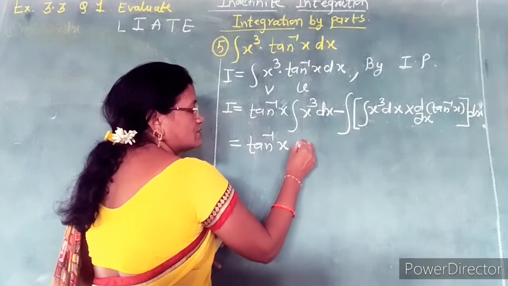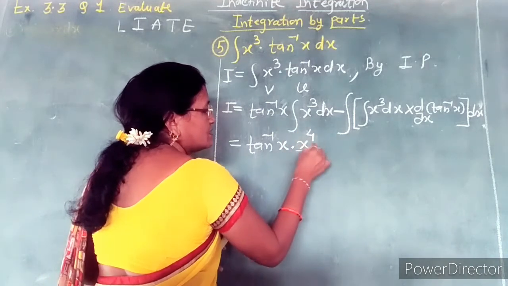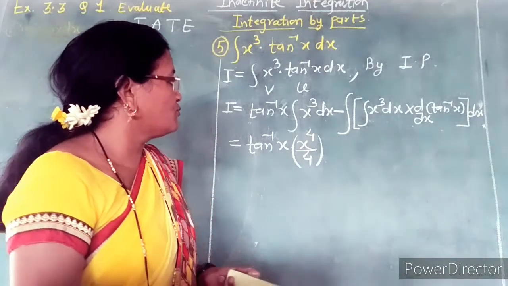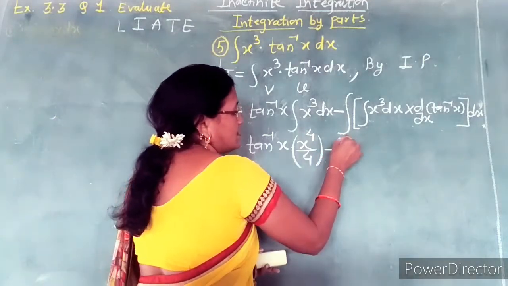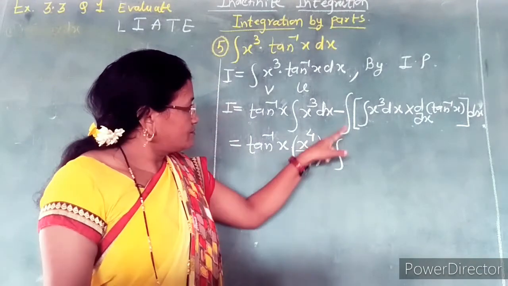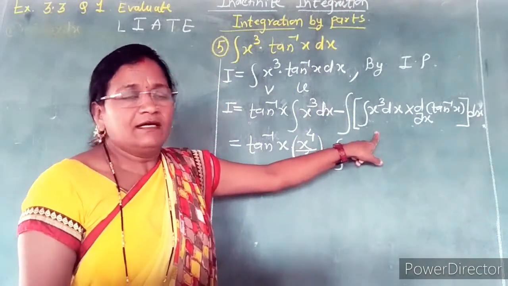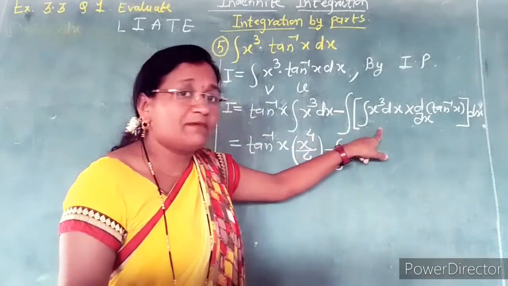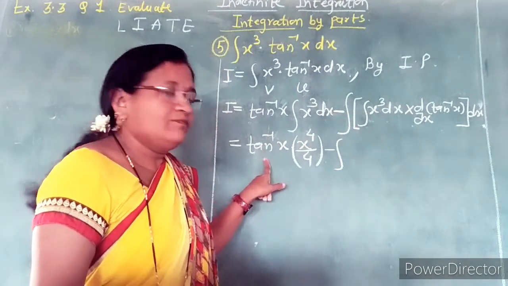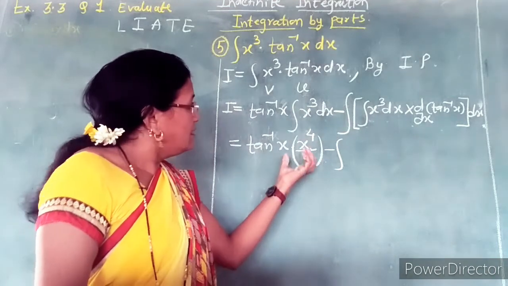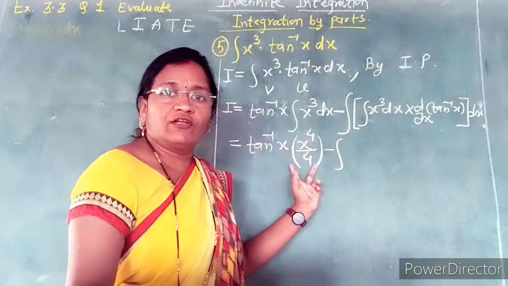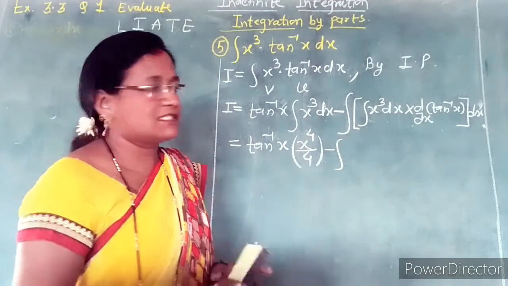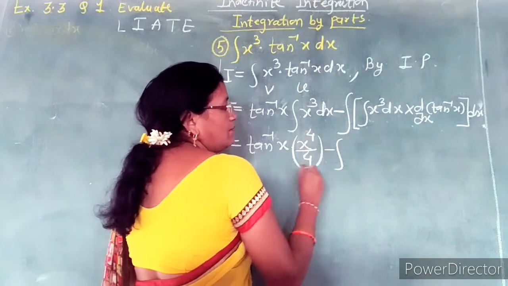What is the integral of x raised to 3? You know that the result for x raised to a can be used here. The integral of x raised to 3 is x raised to 4 upon 4, minus. Now this outer integral, again the same integral is repeated here. When we solve examples for CET or JEE, for this case we write this step directly. First you write the function with the integral of the second, and then the outer integral with the solution of that integration multiplied by the derivative. That means you can avoid the middle three or four steps to find the integral by parts.